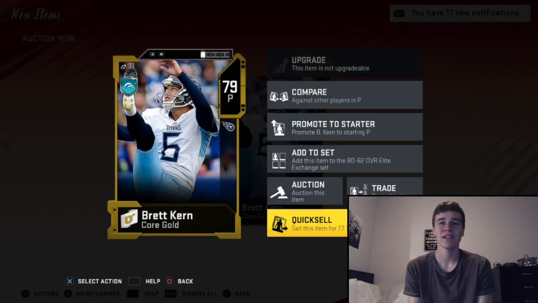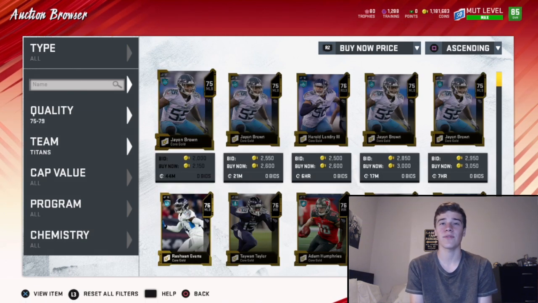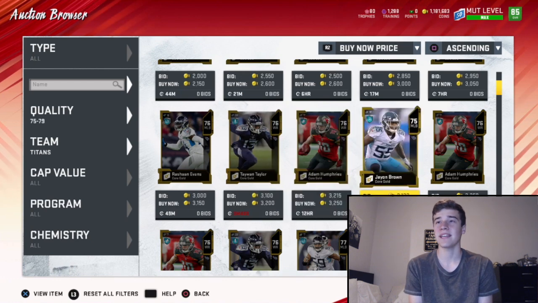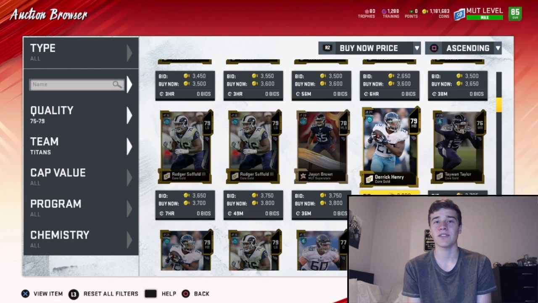If you're buying at 3,000 coins and under for the Titans, you are getting a steal of a deal on training. I believe it's about a 35 coin to training point ratio if you buy it around 3,000 coins for a 79 overall card. So we'll see if we can see any other 79s, as this Derrick Henry's up. But he's a bit too expensive, and they also do have Roger